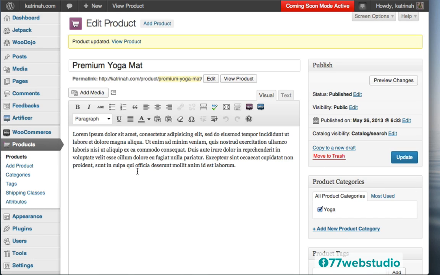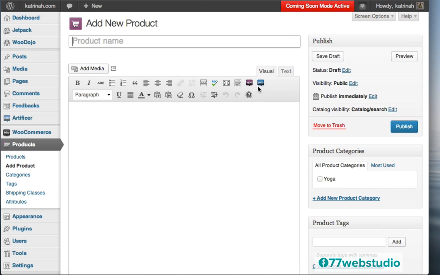So we just added this simple product, this yoga mat simple product, to our product catalog. Let's add a variable product next. So I'm going to click on Add Product once again, and this time I'm going to be adding some t-shirts to the product catalog. So as we did before, the first thing is we need to give our new product a product name. So I'll call this Yoga Slim Fit Tee.